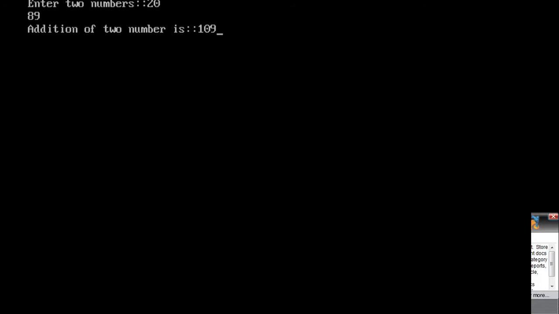Okay, so here in this output window, I have taken the value 20 for A and 89 for B. So these are the values for the variables A and B. So it will take them in a console window or output window at runtime, means after executing the program, I will receive the input from the user. So that's why it is called a runtime initialization.